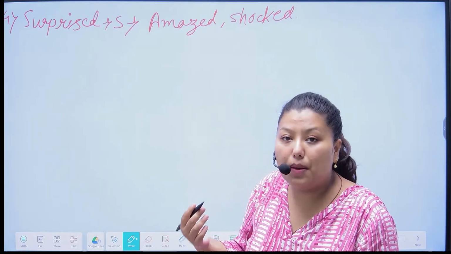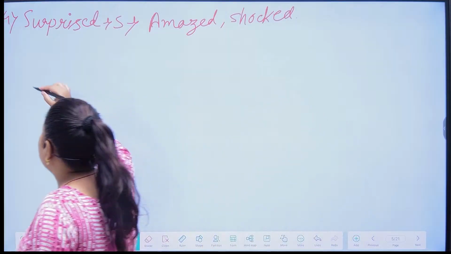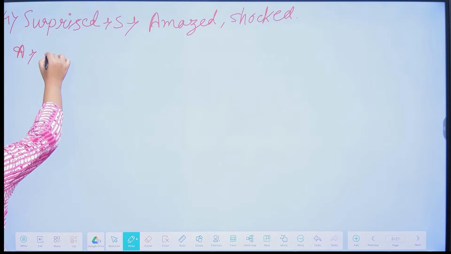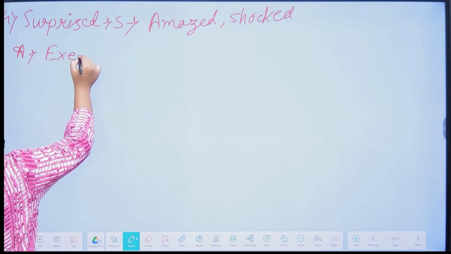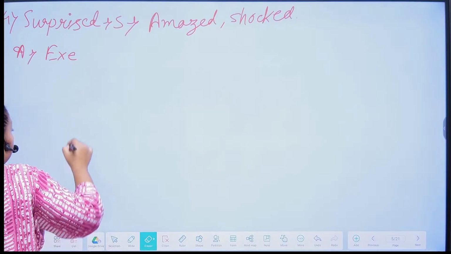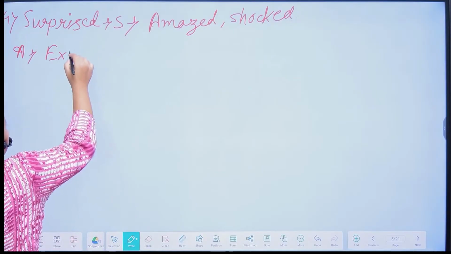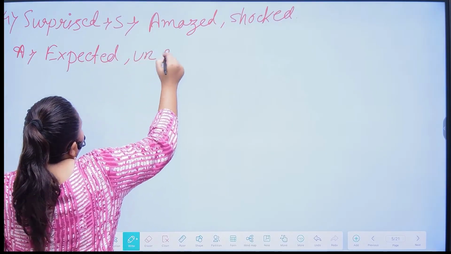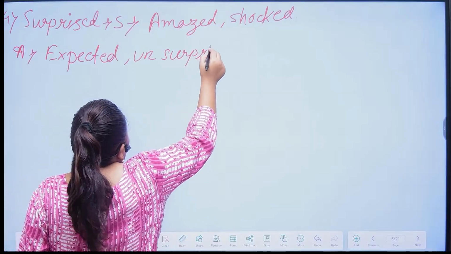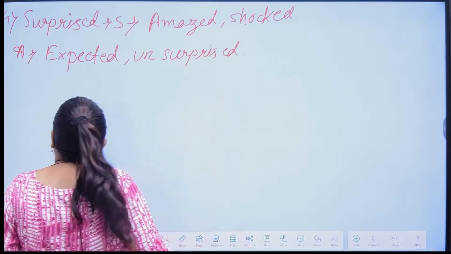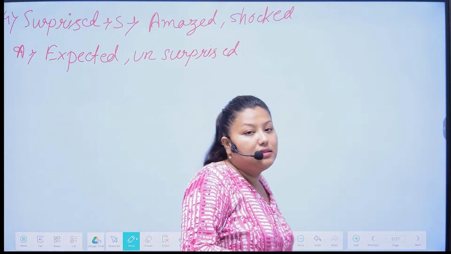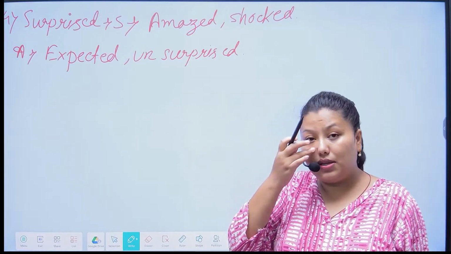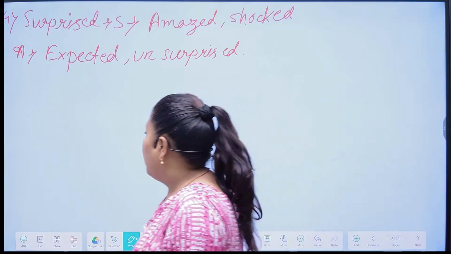That is called surprise. Okay, and the antonyms of surprised are expected and unsurprised. Expected means, when does surprise happen? When you are not expecting someone. So the antonym of surprise is expected. Okay, next,